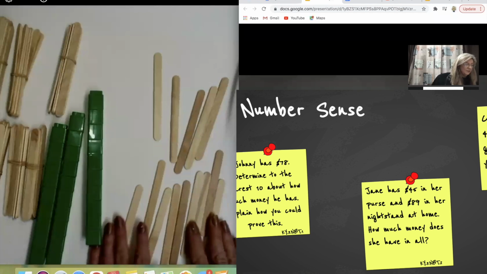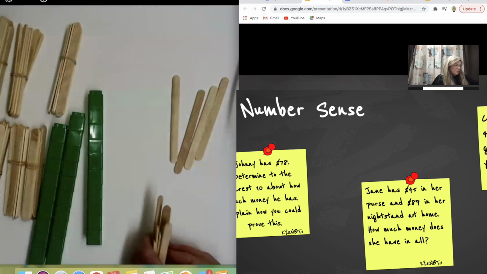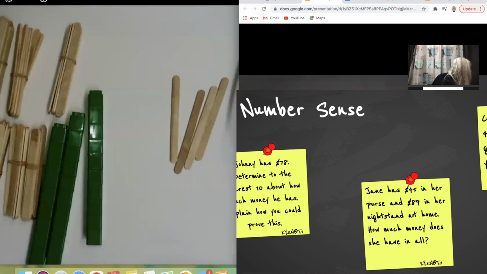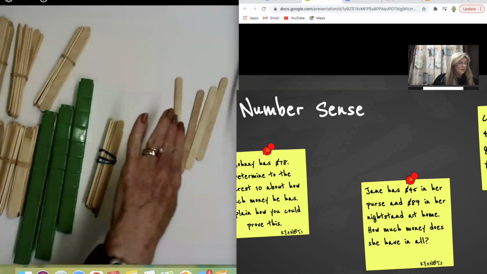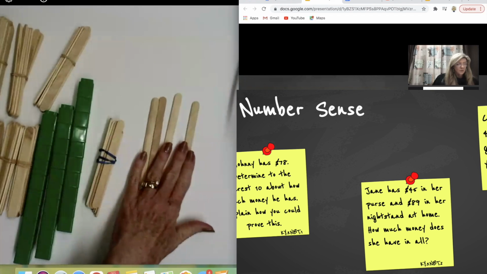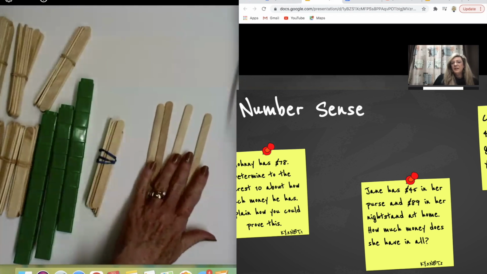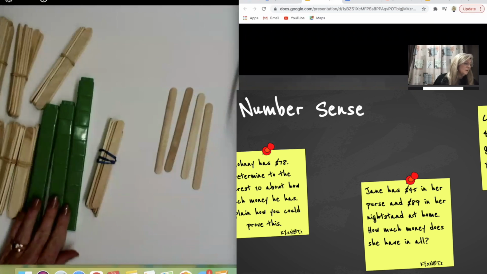So I'm going to make a bundle of 10. So I had 9 and one more makes 10. So I had 120. And if I bundle this one together, I can grab another. I bundle this one together, that gives me 130, 131, 132, 133, 134. Right? So that's the way the kids can use their tools to build these numbers.